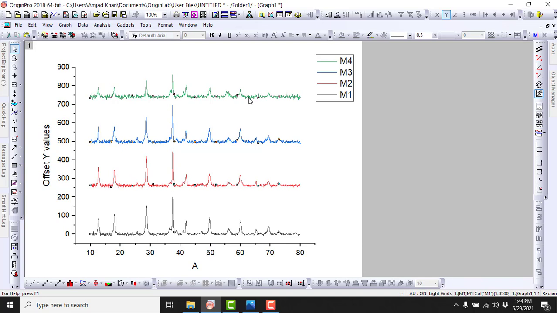The reason is that these graphs are grouped together. If I perform an operation on a single graph, it will apply to all of them. For example, if I want to increase the thickness of an individual graph, the thickness of all the graphs will be increased like this. To change the order of the graphs, we need to ungroup them. To do that, we need to double click on any of them like this.